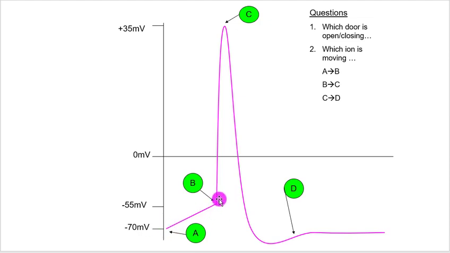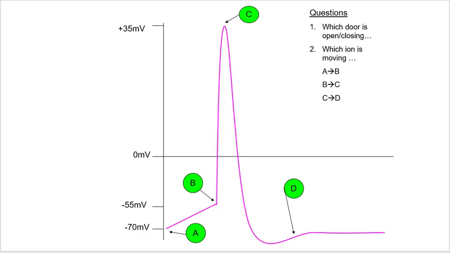A voltage gated sodium door opens here. A voltage gated potassium door opens here. And here I'm now back at rest. So that answers which door is opening and closing. And when you think about these doors, everything that I've said, I haven't given you a signal that says,